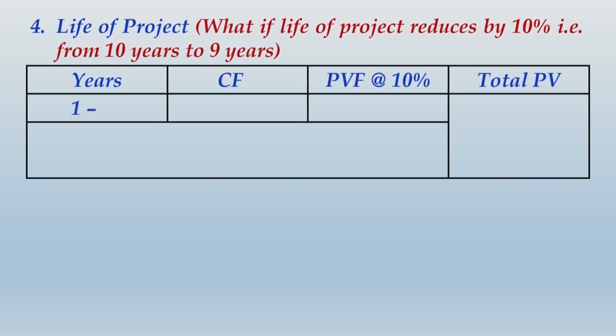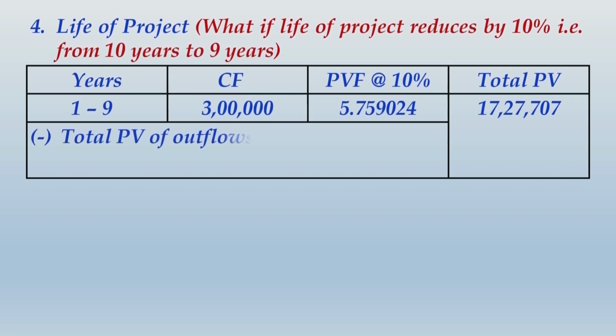In the year column, you don't write years 1 to 10 now, you write years 1 to 9. The cash flow remains the same. PV factors will be based on 10%, the discounting rate still remaining the same. Your annuity factor will change because the life of the project has altered from 10 years to 9 years, and therefore